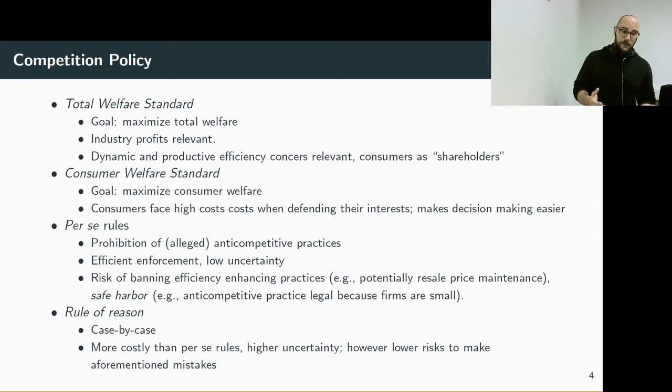We know total welfare involves profits and consumer surplus, or whether we should only talk about consumers, right? Consumer welfare standard, which would mean that we maximize consumer surplus, irrespective of what happens to the producers, right? And the total welfare standard has some advantages, as it